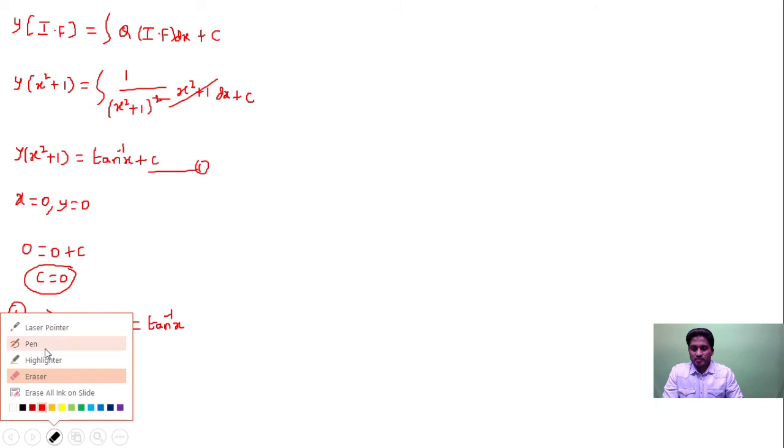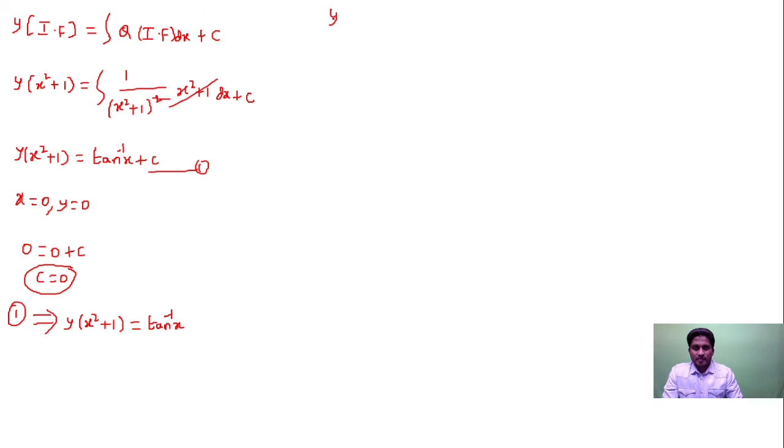From this you get y is equal to tan inverse of x upon x square plus 1. So y is a function of x, right? This is y of x. y of x is equal to tan inverse of x upon x square plus 1. Now y of 1, replace x by 1, is equal to 1 upon 1 plus 1, which is 2, and